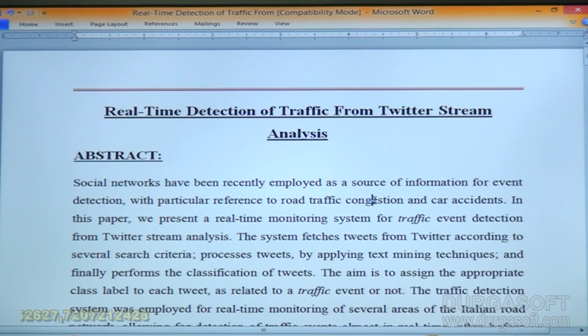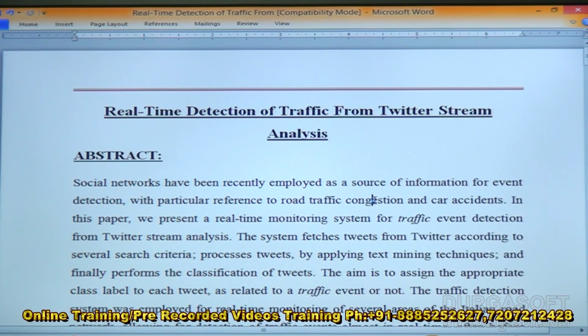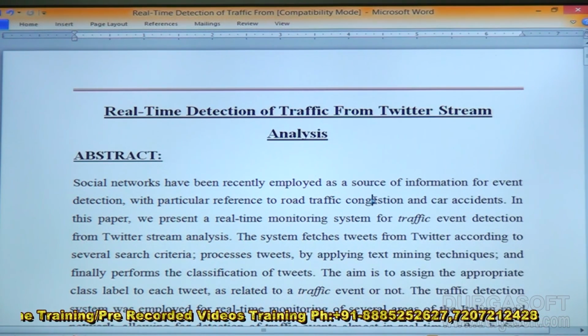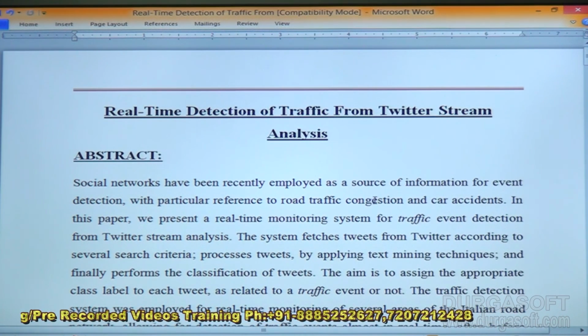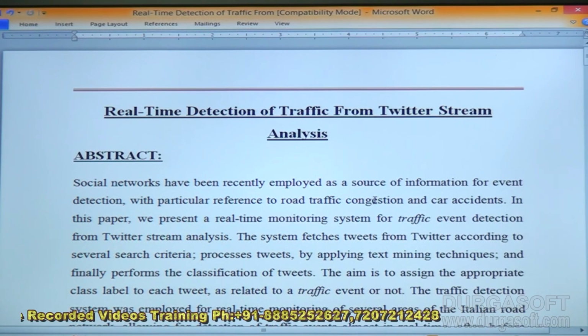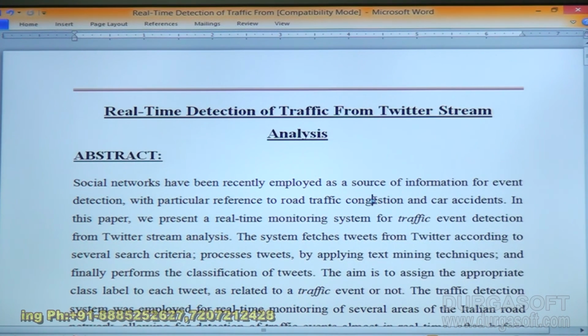So we have a lot of tweets happening related to some major issues. Suppose I log in, and my friend has a traffic congestion event, where the traffic is heavy, or maybe an accident. I want to see his accident first among all my friends. So how do we manage all this, and how do we calculate the traffic from these Twitter streams? All of this we have to find out.